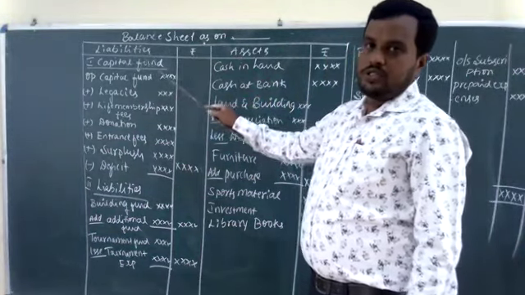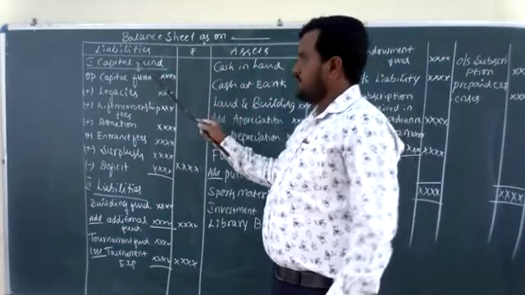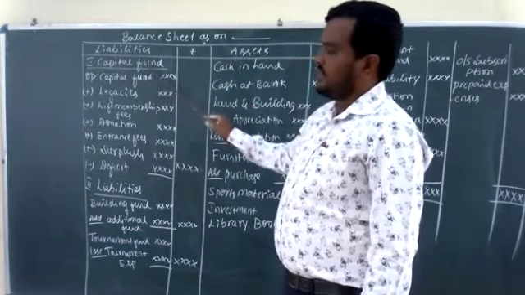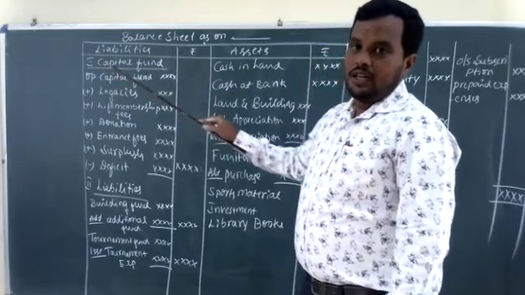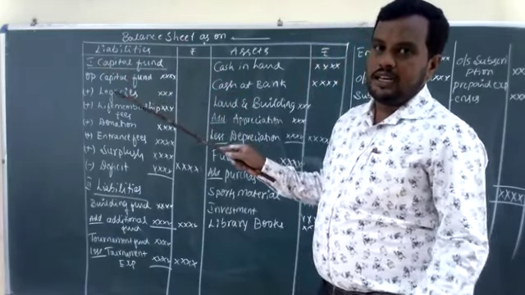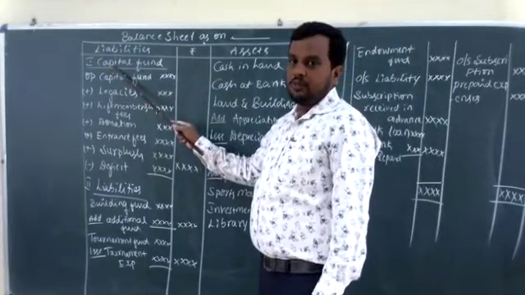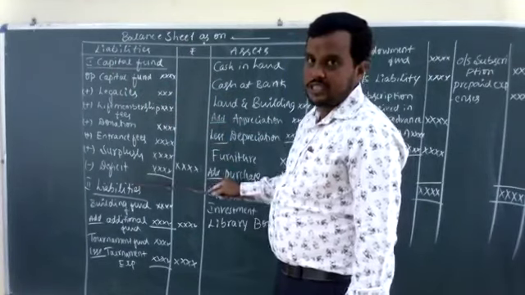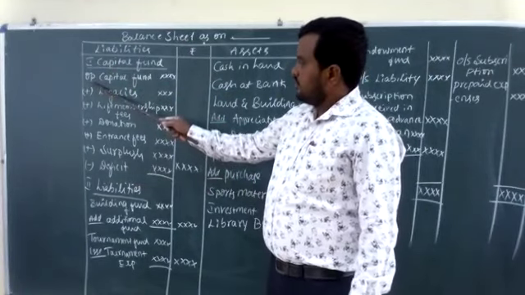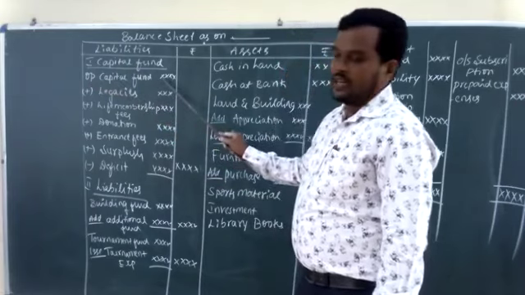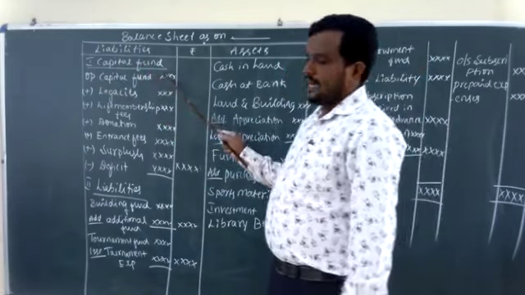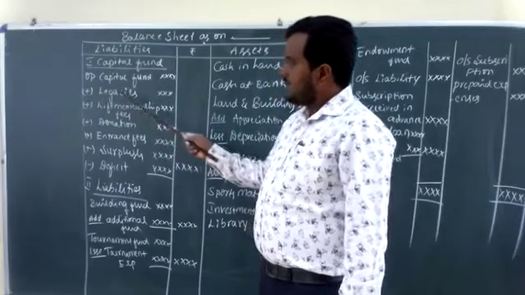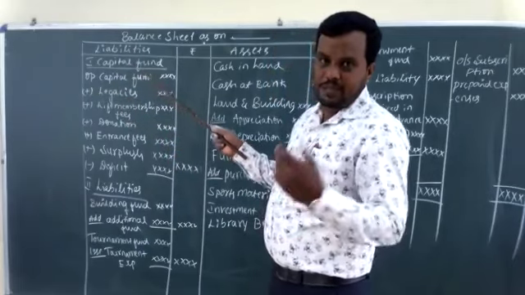In NPOs, not for profit organizations, first we calculate the capital fund in the balance sheet. This is the first step. How to calculate the capital fund? I already told that in the earlier classes. The capital fund should be calculated on the basis of these procedures. We take the opening capital fund given in the last year balance sheet, or maybe the opening balance sheet, and add it to the current year legacies. It's given in the receipt and payment account.